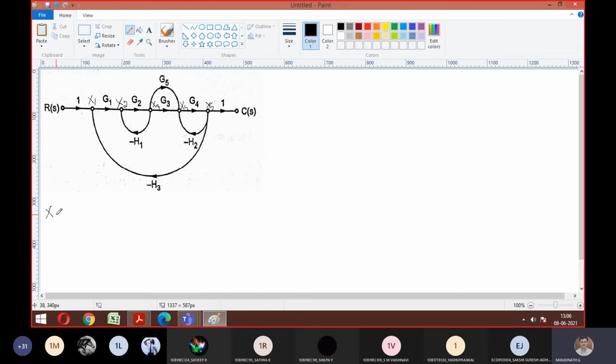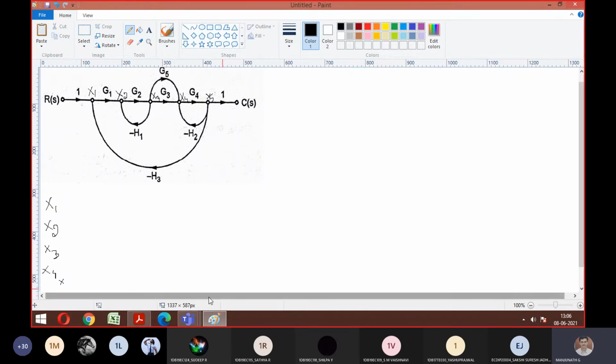So what is x1 equal to? How many nodes do you have? That many variable equations should be written. Correct now? So x1, x2, I hope you remember this, right? x3, x4 and x5. Am I clear, guys? What I am telling, everyone understanding? Is it okay till here? How many nodes do you have? That many variable expressions you are supposed to write. We wrote in the diagram x1 to x5. So the corresponding equations you should tell me now.